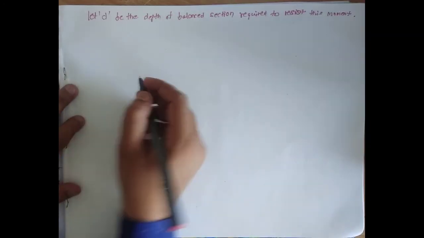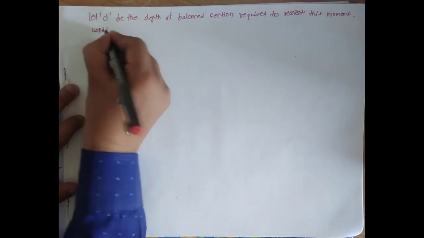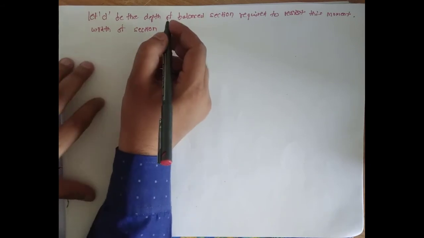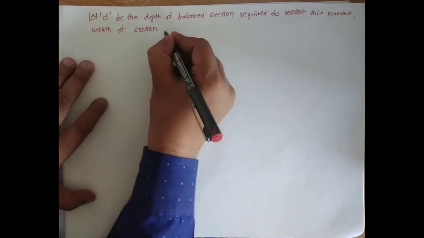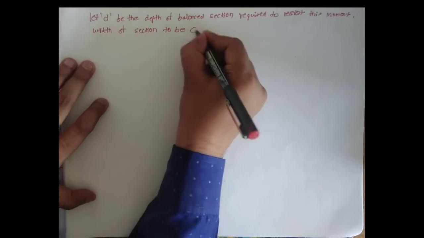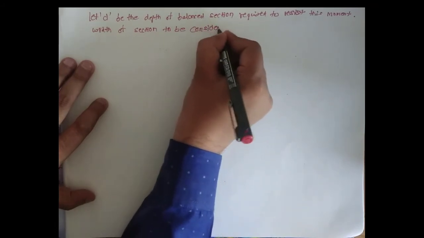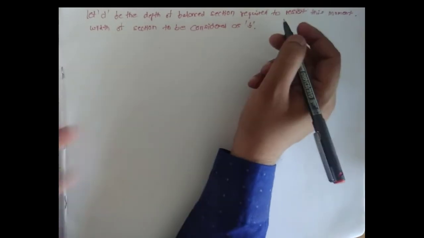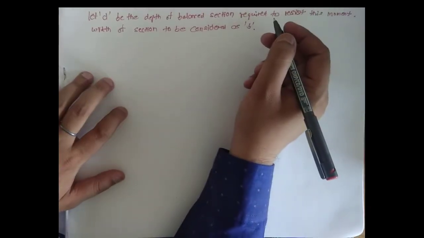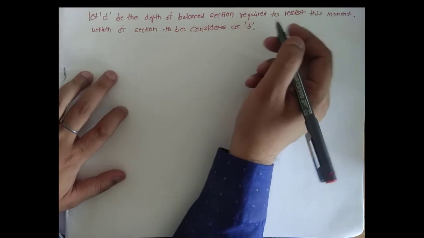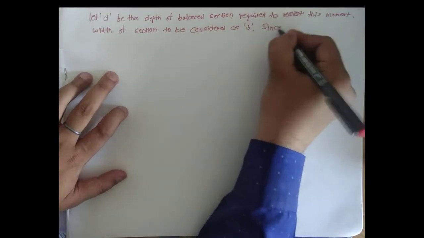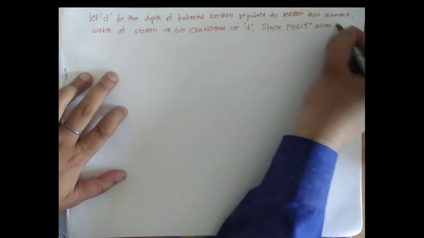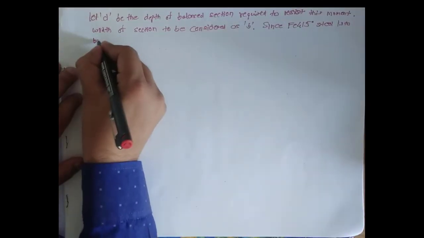Width of section to be considered as B. I am writing this statement because there should not be any confusion between the dimensions, as far as the nomenclature is concerned. And since Fe415 steel is to be used,